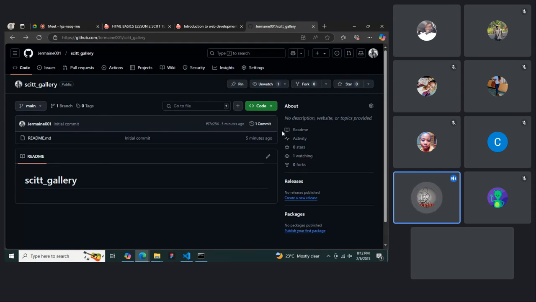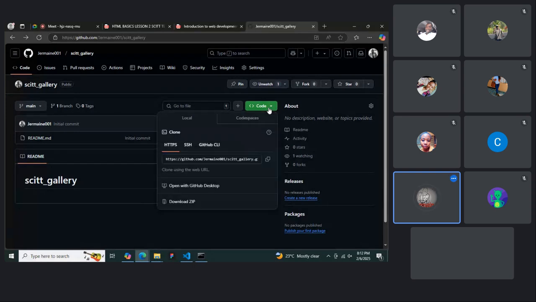Okay, after that, there's this green button, it's written code. You click it, a drop down menu comes out, and there's this link that you copy from here. So we have these two icons that look like a page. I'm sure you can all see it. You just copy that, or you can just highlight this and copy. So once you've copied this URL,